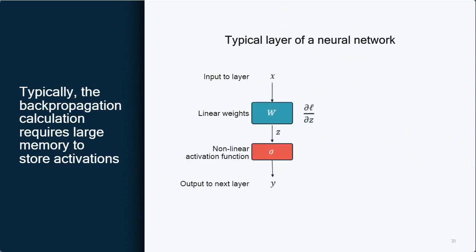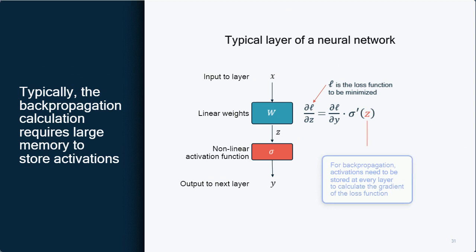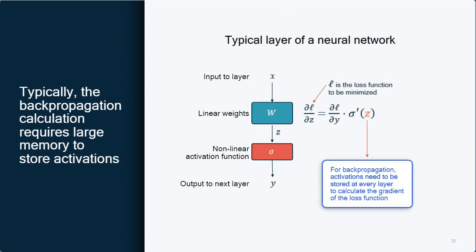Now, another approach that you can do, that is actually done in different applications already, in medical imaging, for instance, is to look at how to modify your model to be able to reduce the activations that need to be stored. So starting off with some background, when we look at backpropagation calculation, first on the inference side, we have